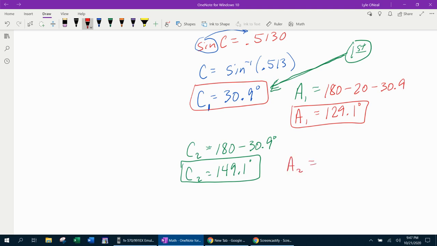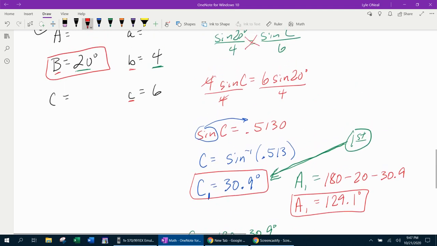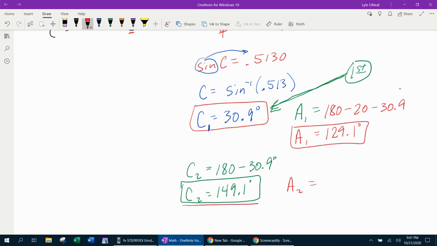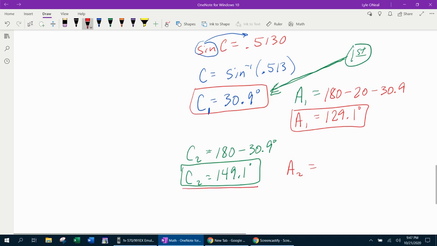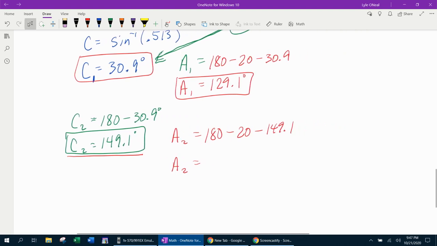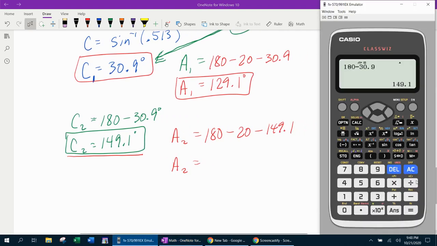Okay, now you don't subtract it from 180, okay? Remember, this is the last angle to complete the triangle. We already know angle B is 20. That's a given. And now we know angle C is this angle. So if there is an A2, it's going to have to complete the 180. It's going to be 180 minus the other 2 angles. So it's going to be 180 minus angle B minus the new angle C to get the new angle A. And again, if I scoot that over so it's not in the way of my calculator,